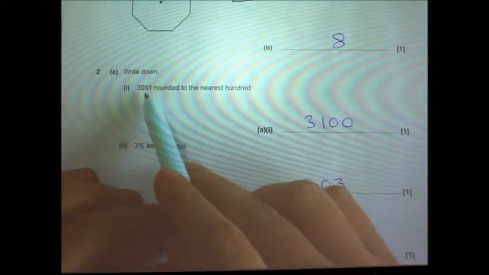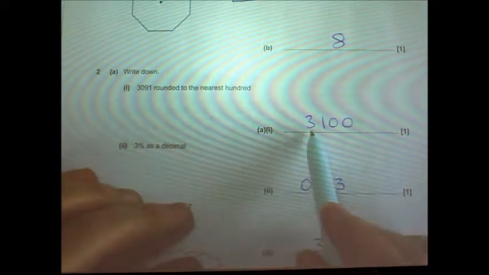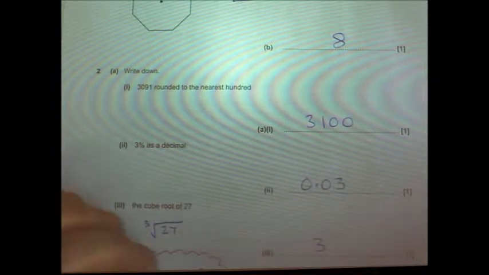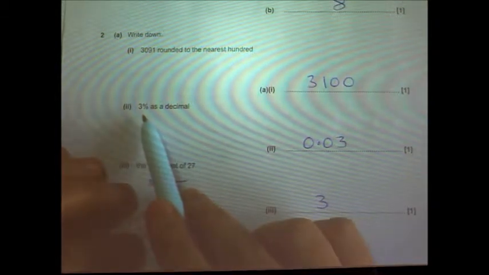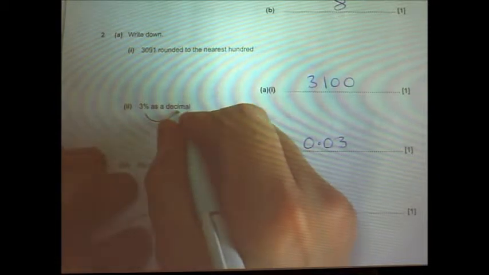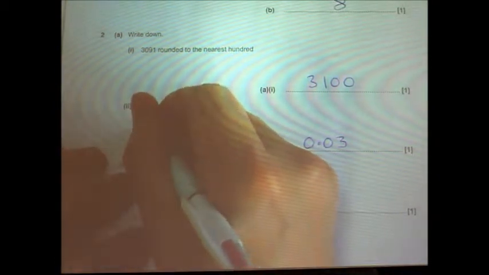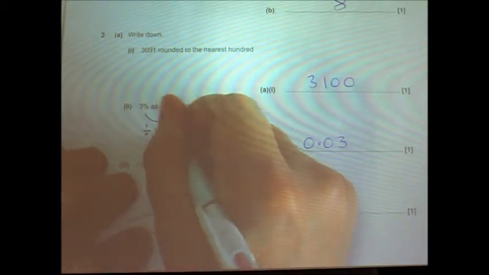Question 2a. Write down 3091 rounded to the nearest 100. Well, it's between 3,000 and 3,100, and it is closer to 3,100. 3% as a decimal. There's various ways of doing it. Hopefully a lot of you will recognize it. If you didn't know, to go from a percentage to a decimal, the mathematical thing we're doing is to divide by 100. Anyway, it is